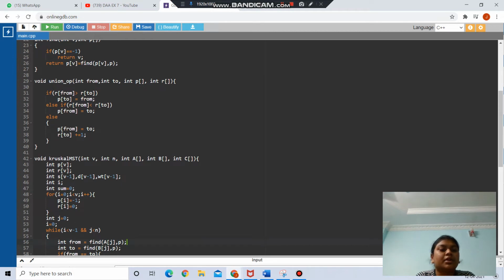And here if r[from] is greater than r[to], then p[to] will be equal to from, or else if r[from] is less than r[to], then p[from] will be equal to to, or else p[from] equal to to, then r[to] will be incremented by 1.